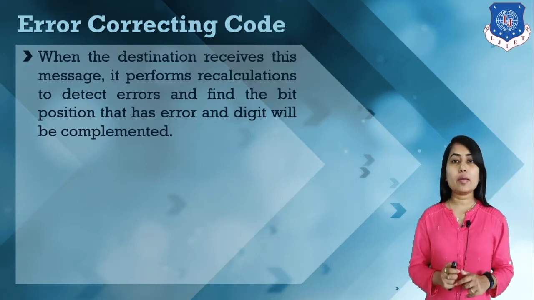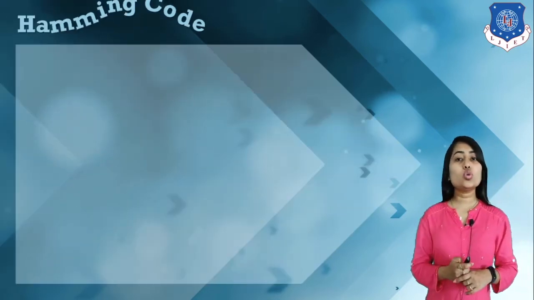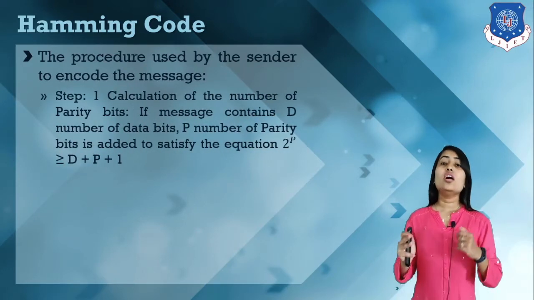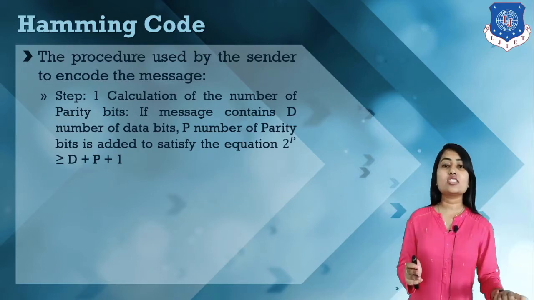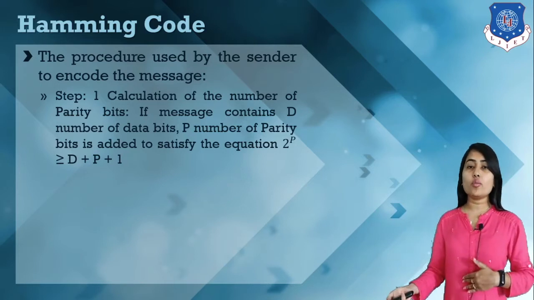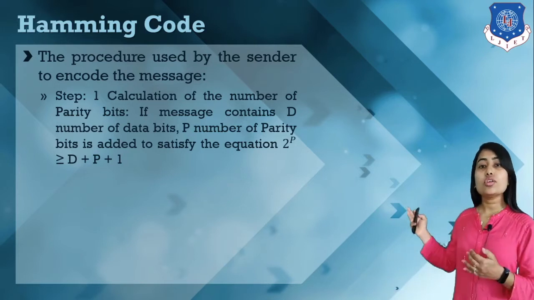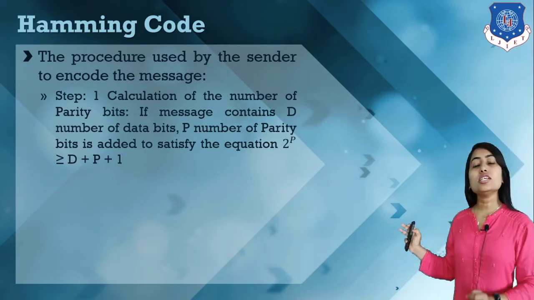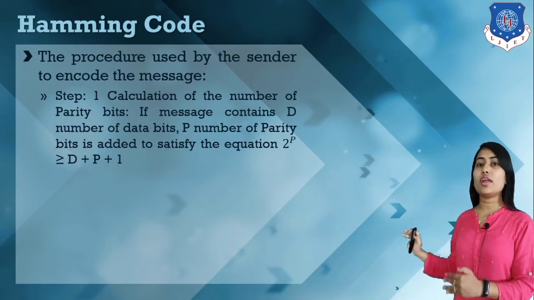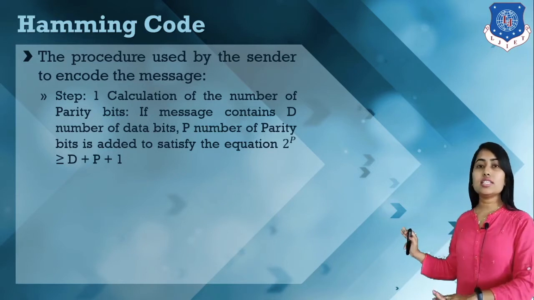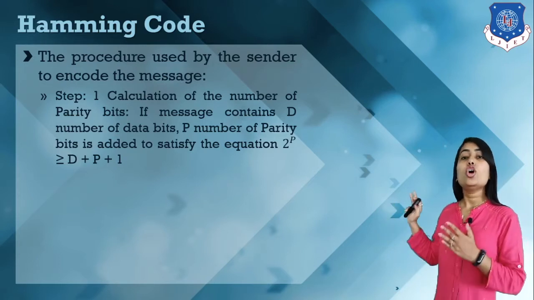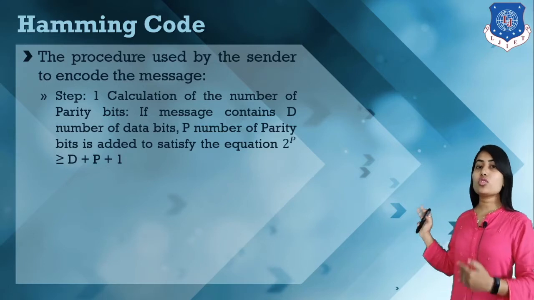So let's discuss how the Hamming code works. To convert any binary message into Hamming code format, the source or transmitter encodes the message into Hamming code format. So how is the information coded into Hamming code format? Here we have a procedure. First we have to identify how many redundant bits are required, that is, the total number of parity bits. So how can we calculate that?